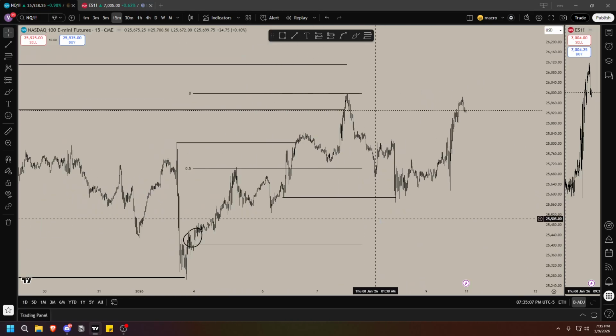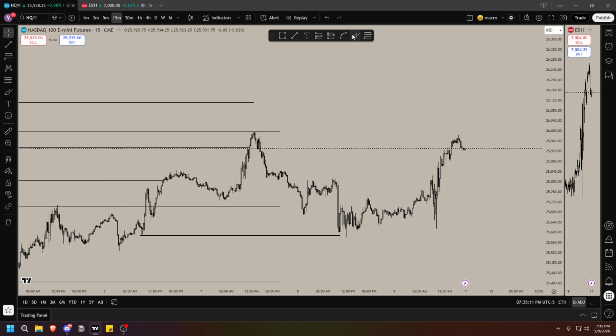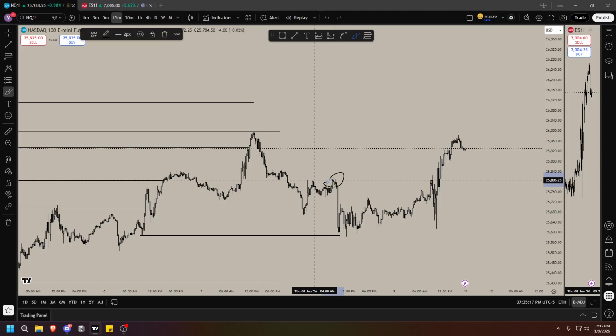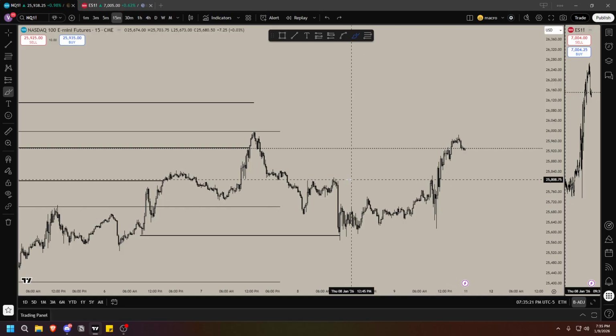Okay, so for price to continue lower, it wouldn't make sense. You know what I'm saying? That's why you react, and that's why you don't predict. If I just kept marrying this as high of the week, and this has, let's say, a protected high, and we're gonna keep shorting from it, I would have hit SL today. You know what I'm saying? So this is why you react to what price is giving you, what price is doing.